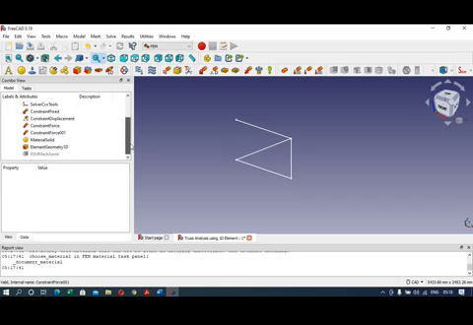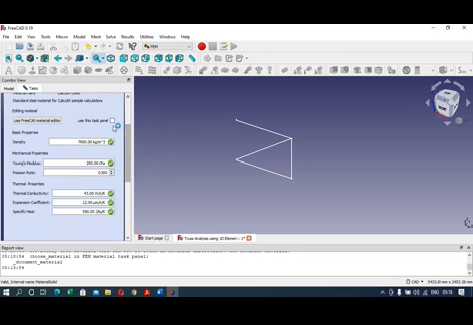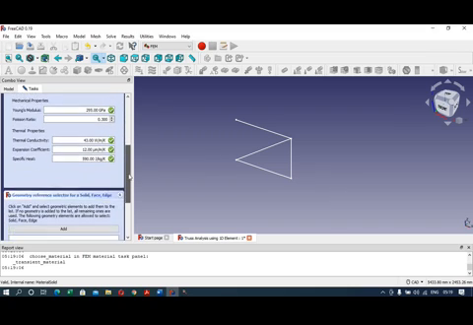Now say for example I have changed this value, material solid. The density I will change here from 7,900 to say for example 6,000 or 5,000 value, kilogram per millimeter cube. So this parameter I have changed.